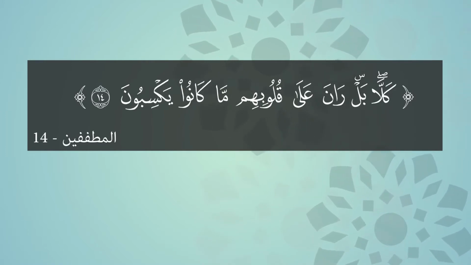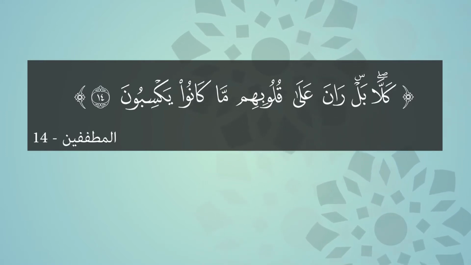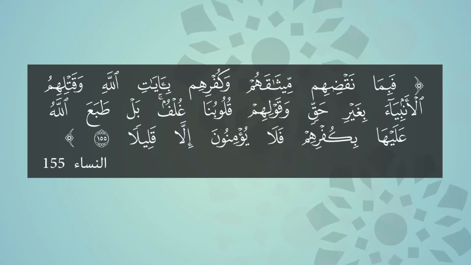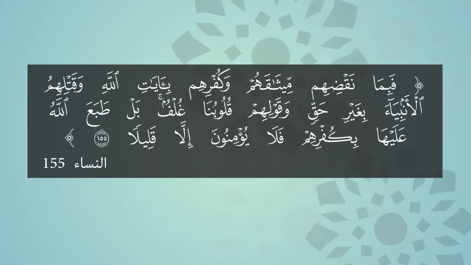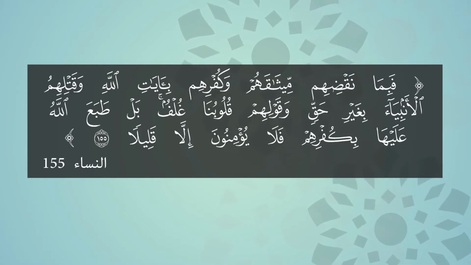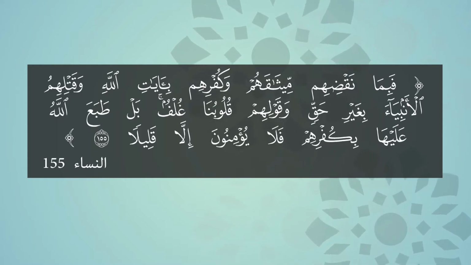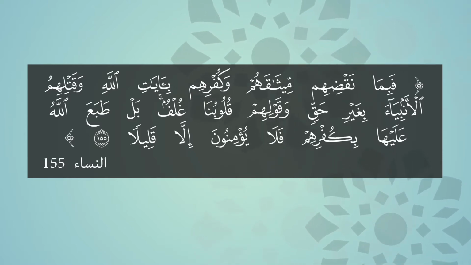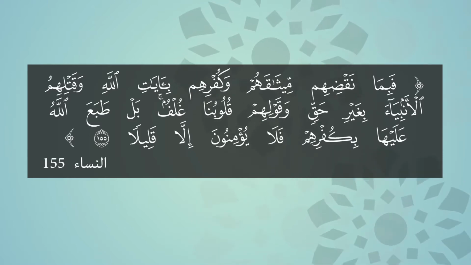The last rule for bel is idhar. It's easy. If after bel comes any letter other than ra or lam, you're going to make idhar of the lam. So for example, bel ta. Ta after lam. Ta is not ra. Ta is not lam. So now you're making idhar of the lam of bel. MashaAllah. Bel taba Allahu alayha bi kufrihim. Allah sealed their hearts because of their kufr. But the point is, bel ta.